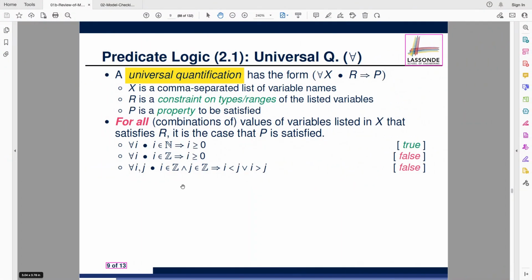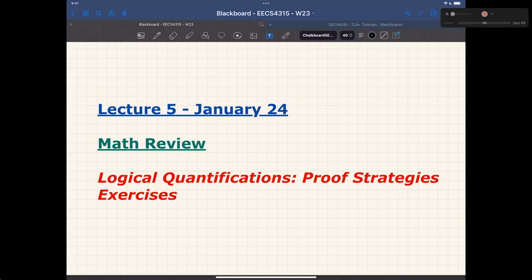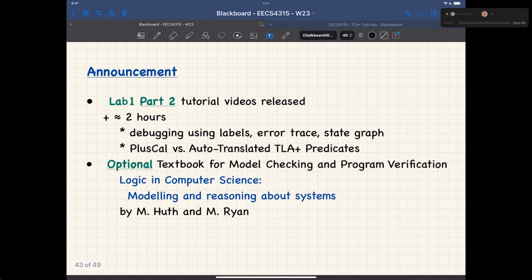All right, for today, I would like to start with two very quick reminders. For your Lab1 Part2, it was just released yesterday. And as you have seen already in the announcement, it's about 2 hours long because I really want to cover all the details possible, find your way to really understand the details, and especially about how you can do debugging